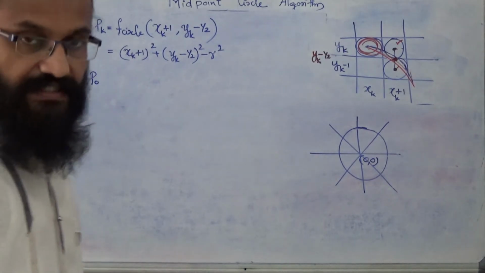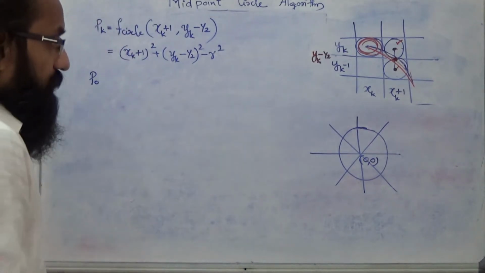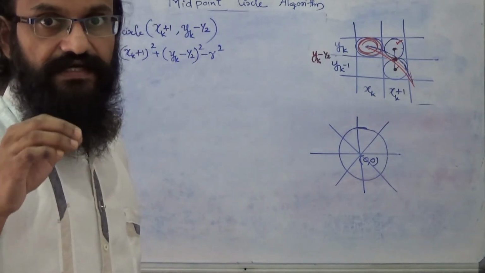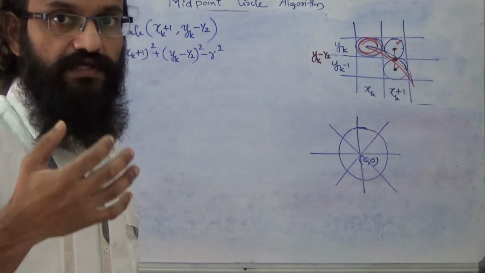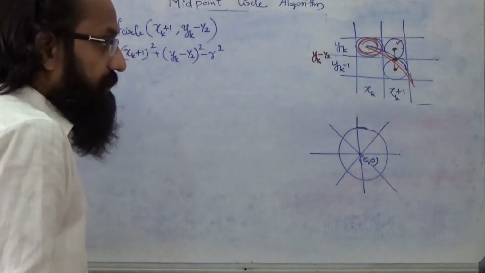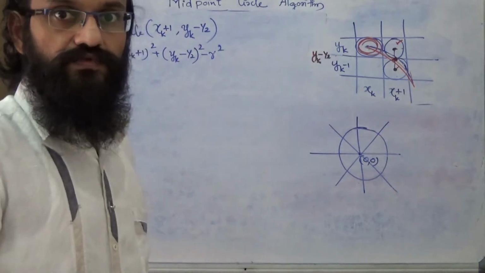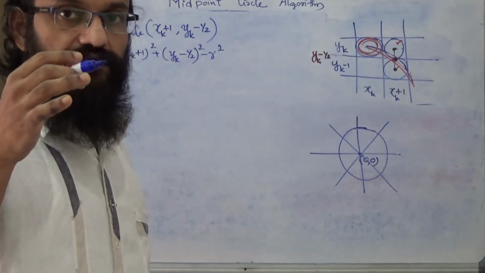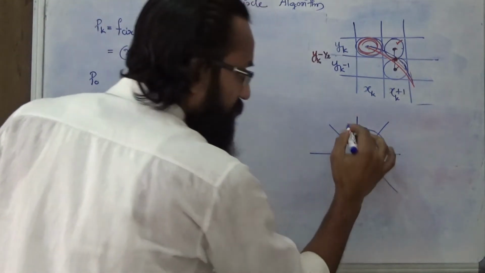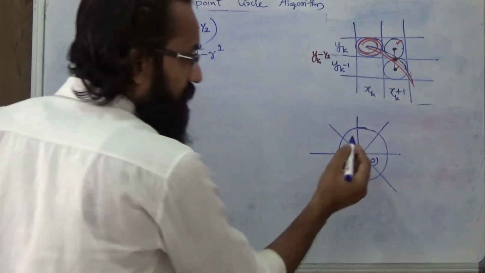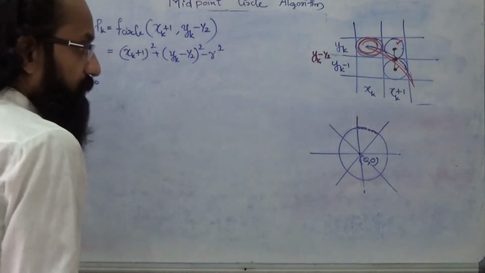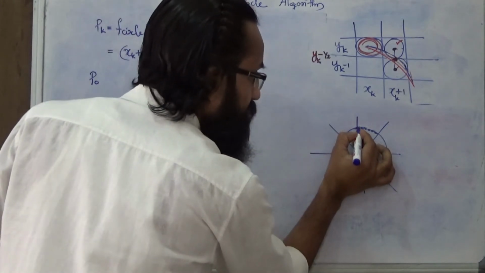So as I have mentioned earlier, rather than plotting the points on the circumference of the circle centered at x, y, z, you are expected to compute the points on the circumference of the circle centered at 0, 0, and then translate those points to the actual circular path whose center is x, y, z. So again, you don't need to compute the entire points on the circumference of the circle. You need to compute points on the first octant only. And as I said, you have to start from this point.